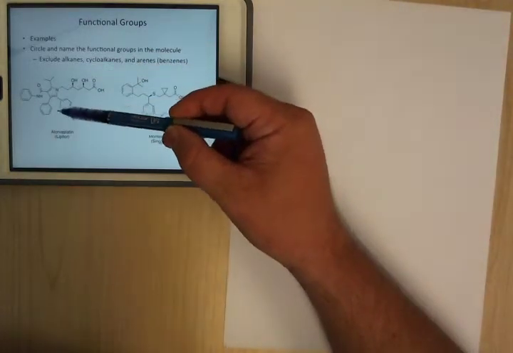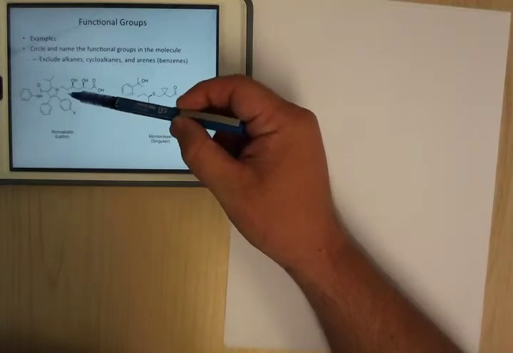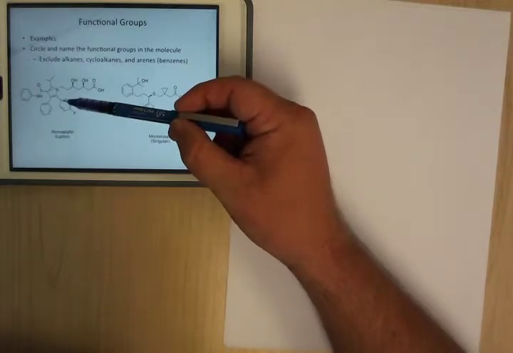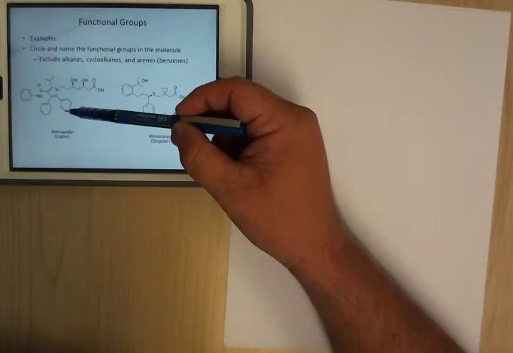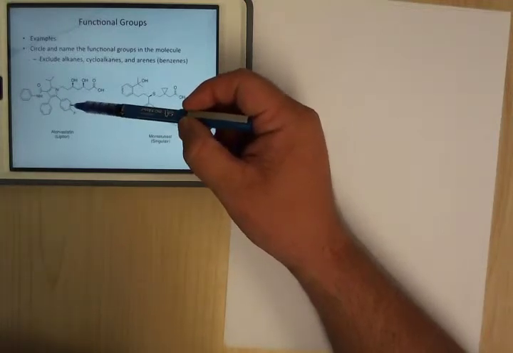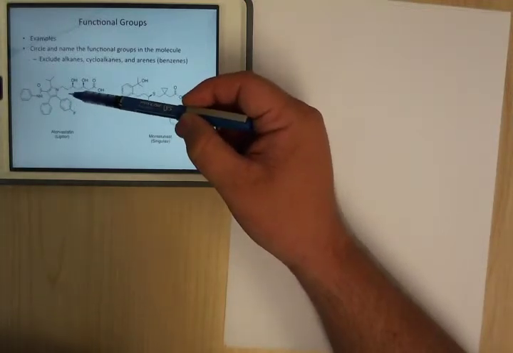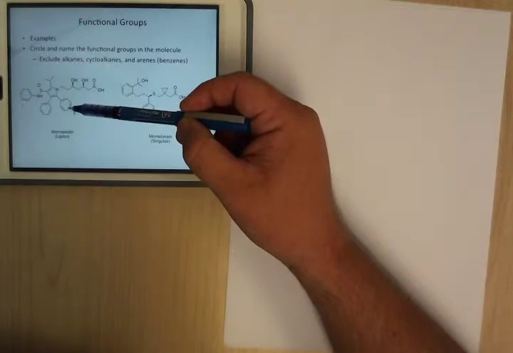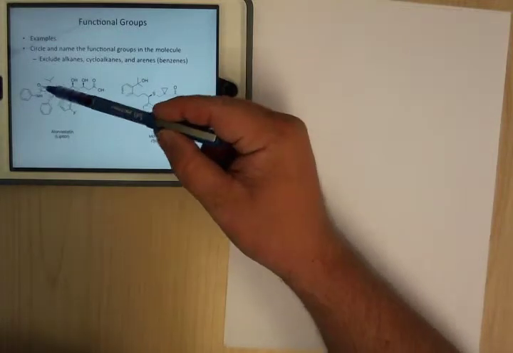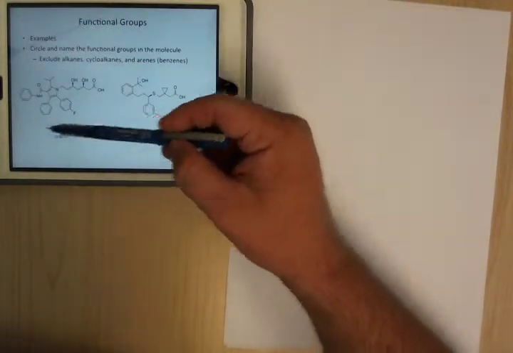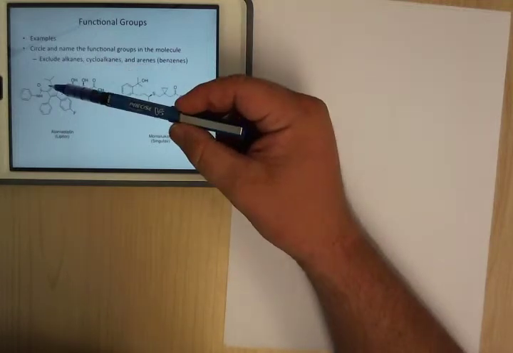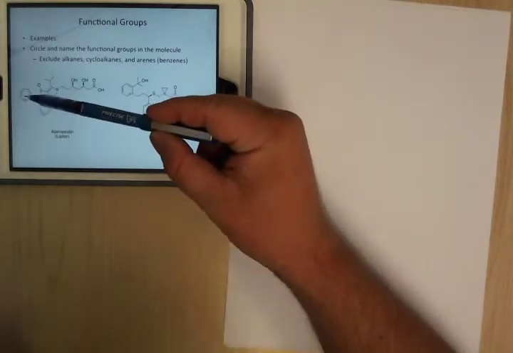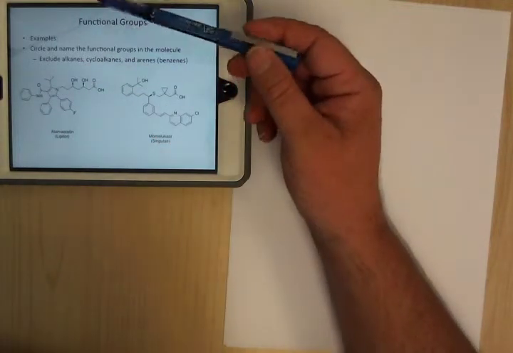Benzenes are these six-membered rings with alternating double, single, double, single, double, single. This is what they basically have to look like. If they look like something else, then they're going to be just regular alkanes, stuff like that. So if I give you a molecule like this, what are you going to do? What I typically ask